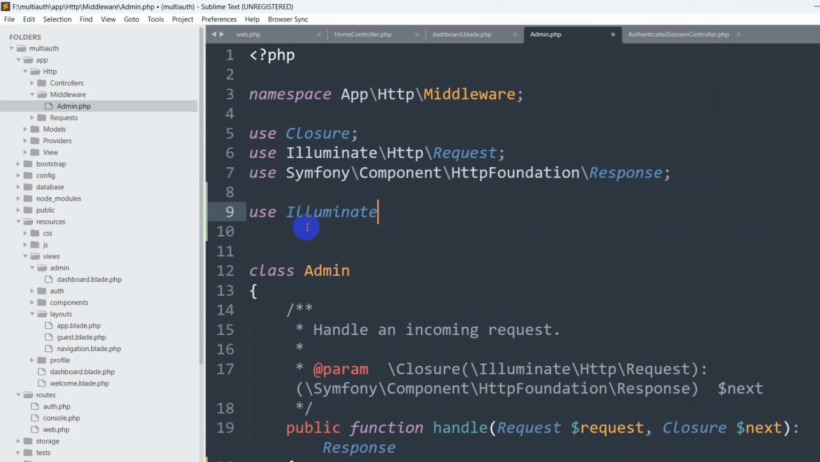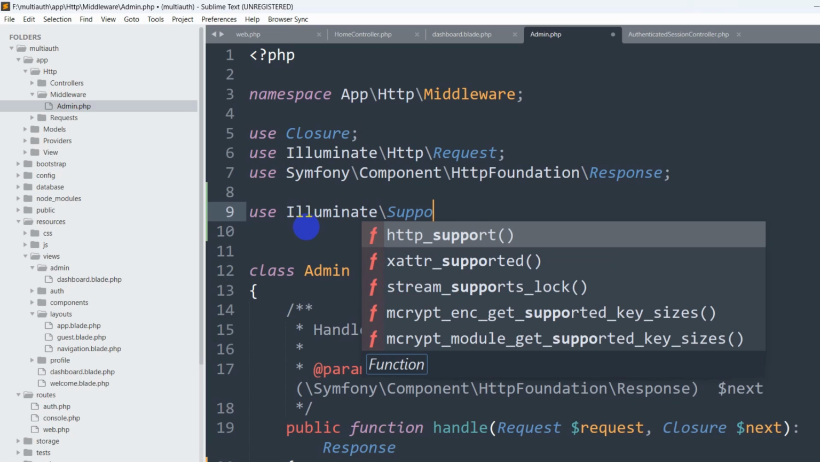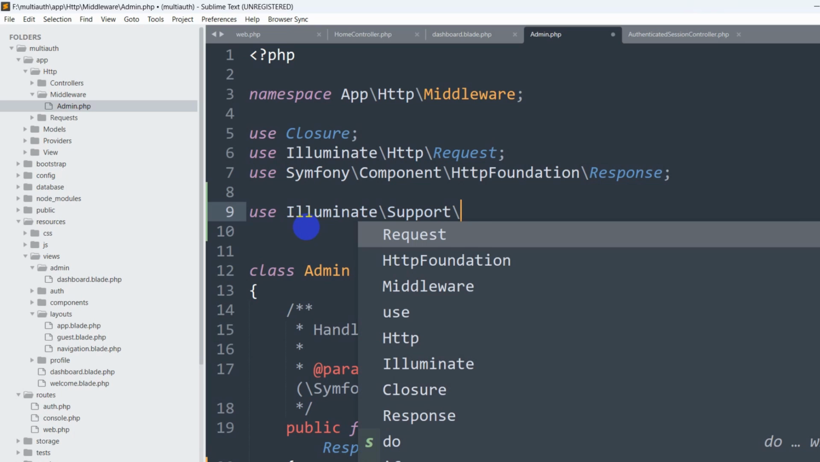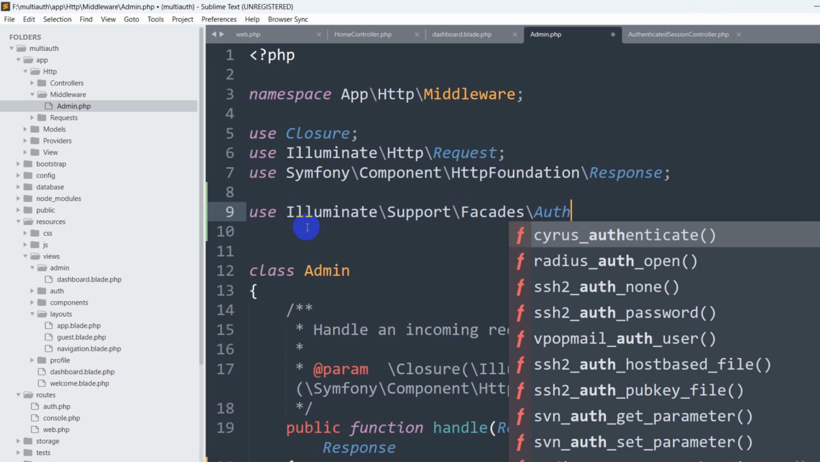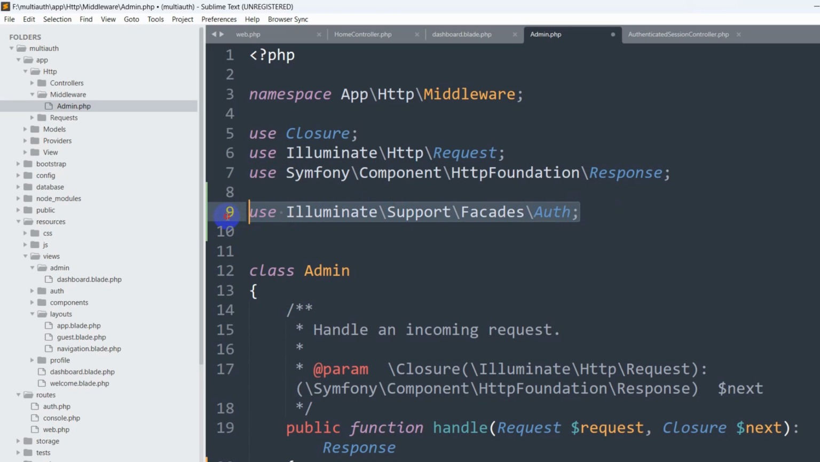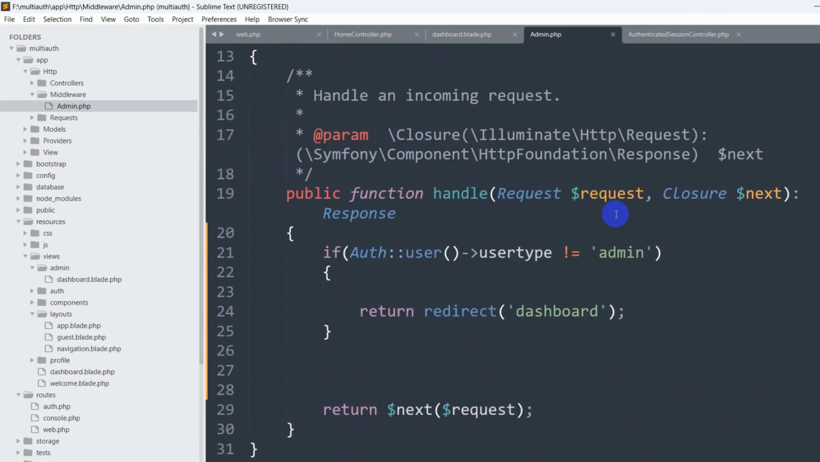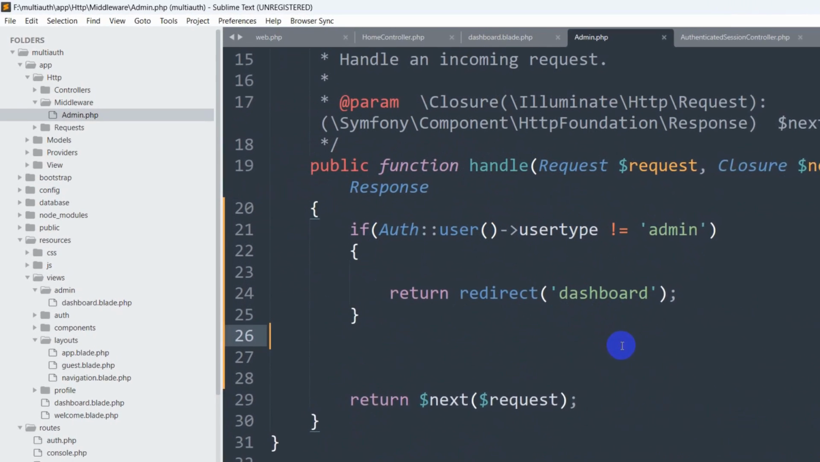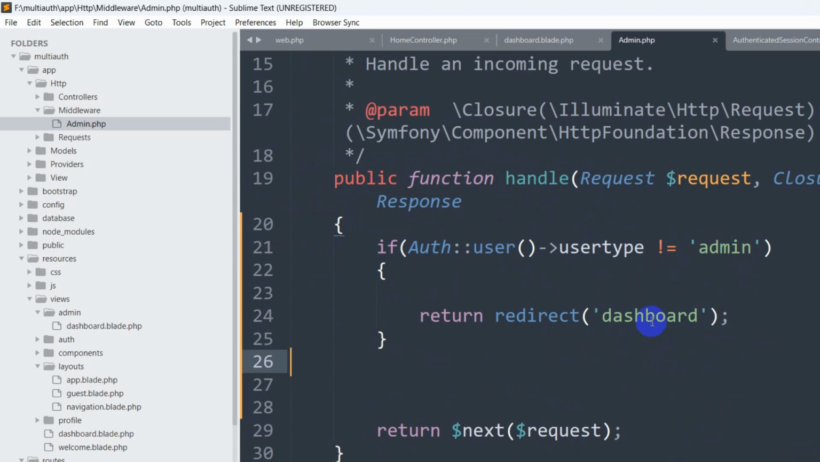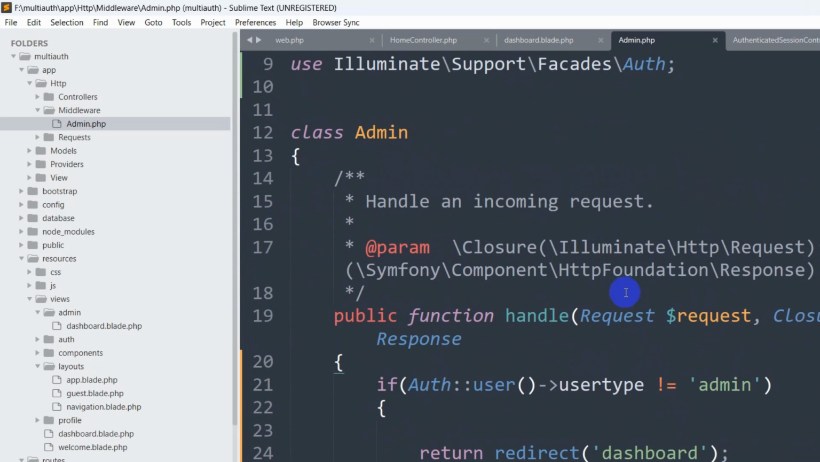We are going to say over here use Illuminate\Support\Facades\Auth. So we are mentioning this Auth over here. It means we'll have the access when a user is trying to log in, and we'll be able to get the user type. So right now we need to do one more thing, and that is we need to register